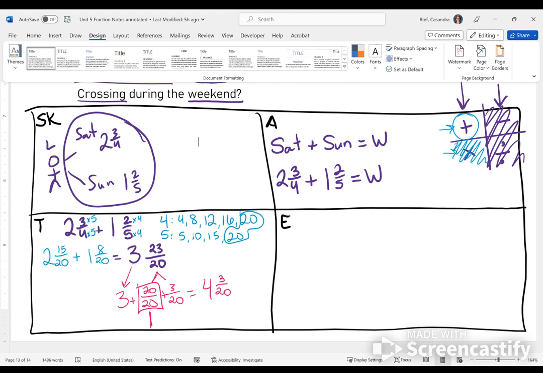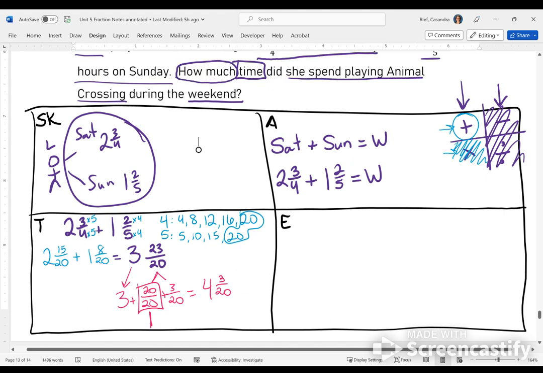Finally, I have the explain step. I can explain my answer using a sentence. I'm going to go back and check the question. How much time did she spend playing Animal Crossing during the weekend? I better think about